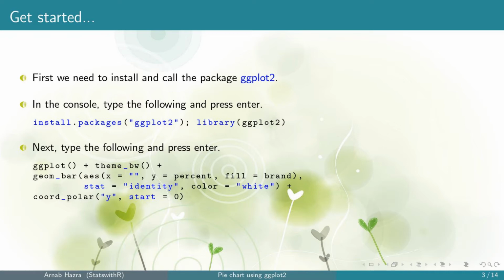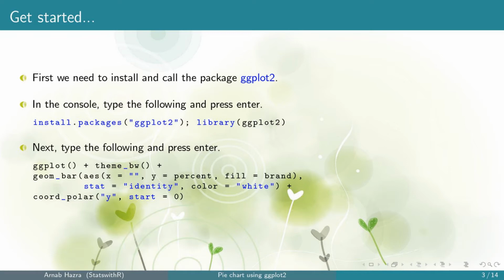Two things are optional here. They are the theme_bw function. It removes the default gray background. In a pie chart, the Cartesian coordinates do not carry any information, so we just remove it. If you want the gray background, do not add theme_bw. Another thing is the color equals to white. This puts a break between different portions of a pie chart. If you don't want that, you are free to remove this. Also, if you want a different color, you are free to choose as well.